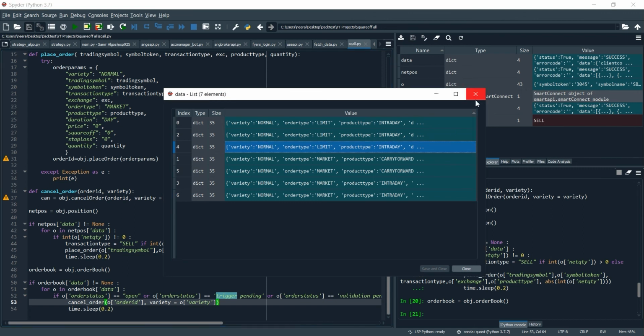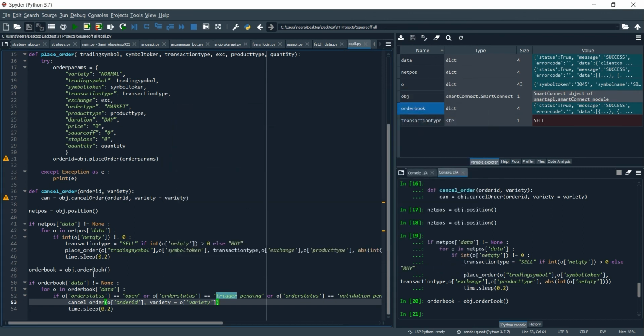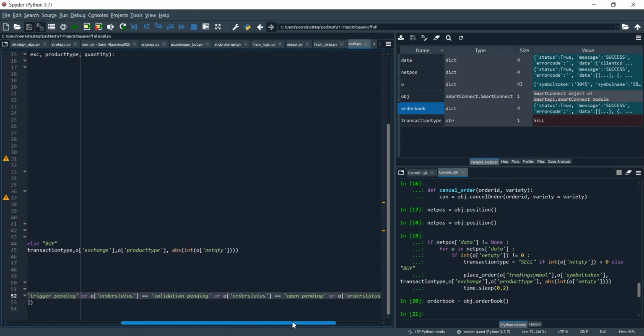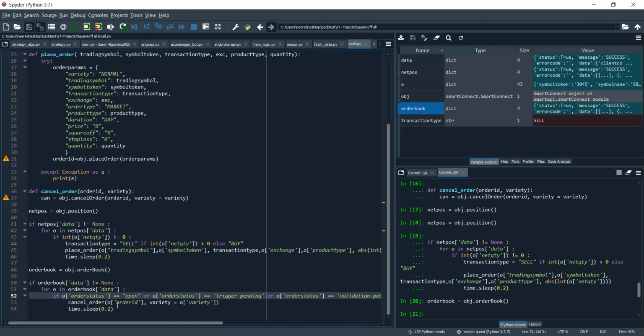So now what I'm gonna do is, as we have fetched the entire order book, we're gonna go through it one by one, and if anywhere we find that the order status is either open, trigger pending, or open pending, or whatever the order status is, I've placed the names over here right from the beginning, we are gonna get the variety from this order book API, and we're going to get the order ID, and using it we're just going to cancel the order.